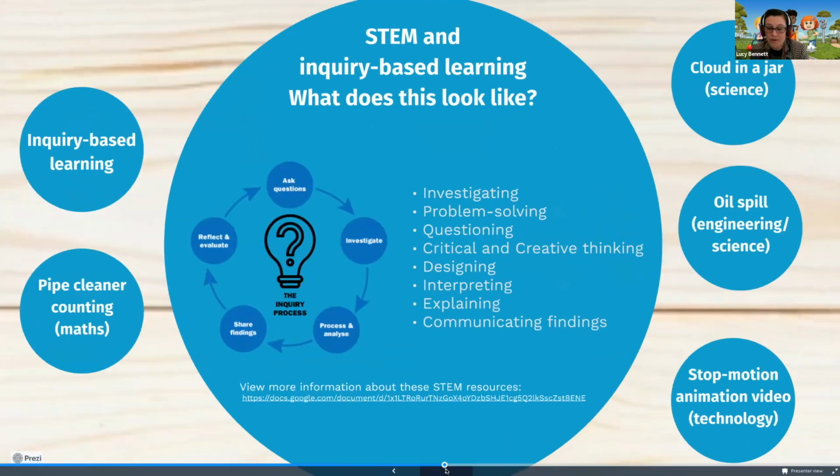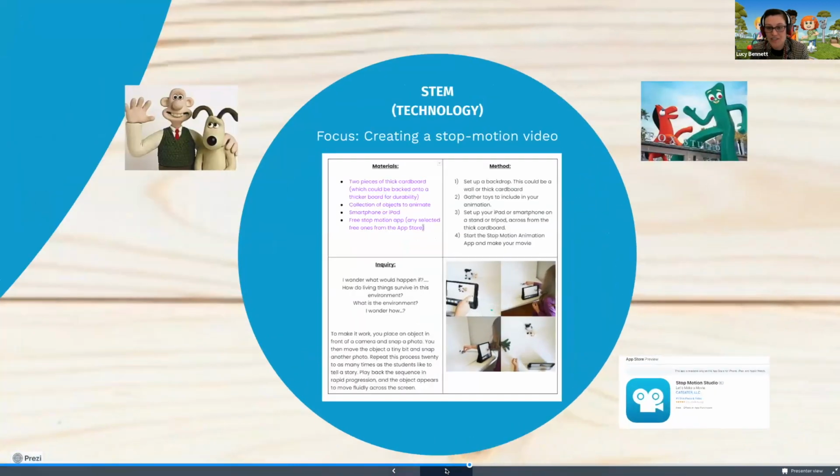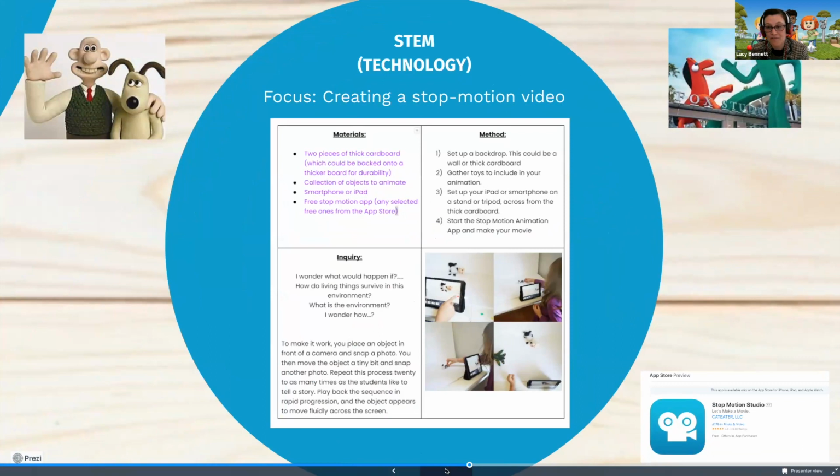And then we move on to our final technology one. So this is a really simple one. You may have heard of Wallace and Gromit and Gumby. When I was little, I used to watch Gumby all the time and wonder how on earth they produce these. So stop motion videos, it's something as simple as having thick cardboard, inviting students to bring in their toys from home,